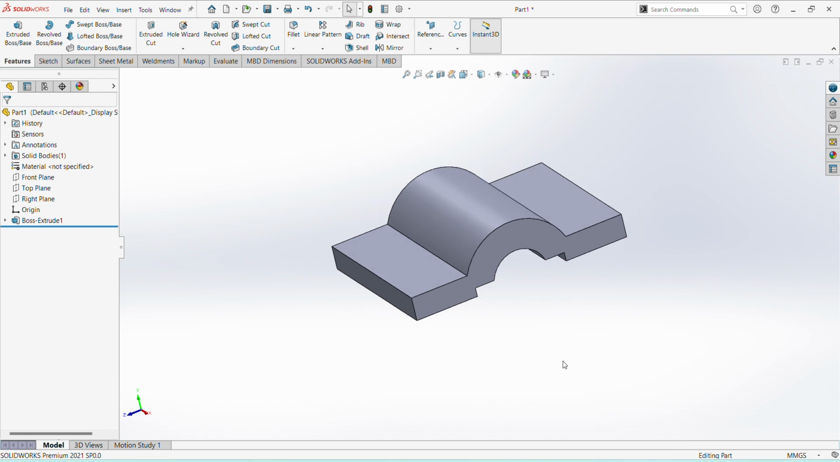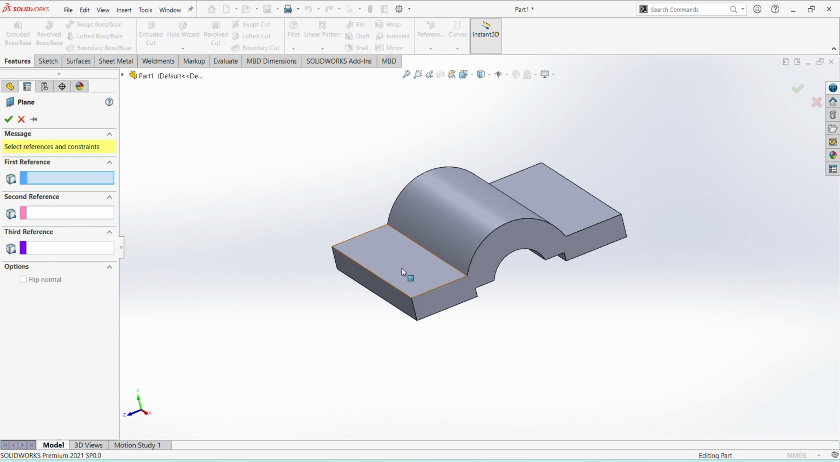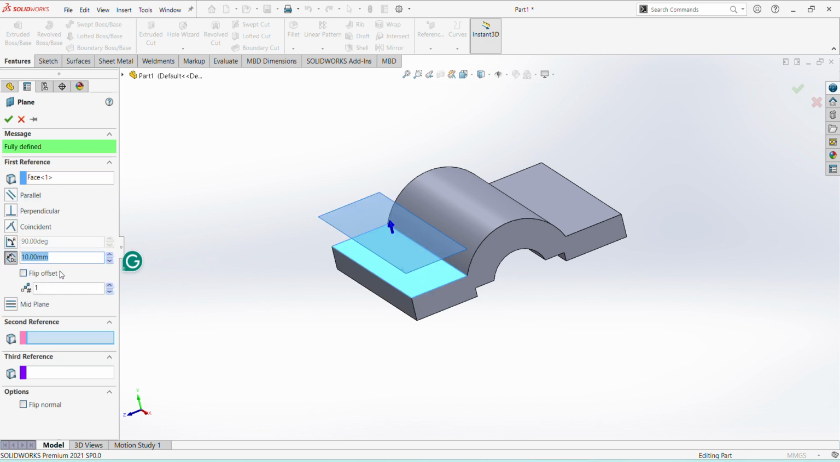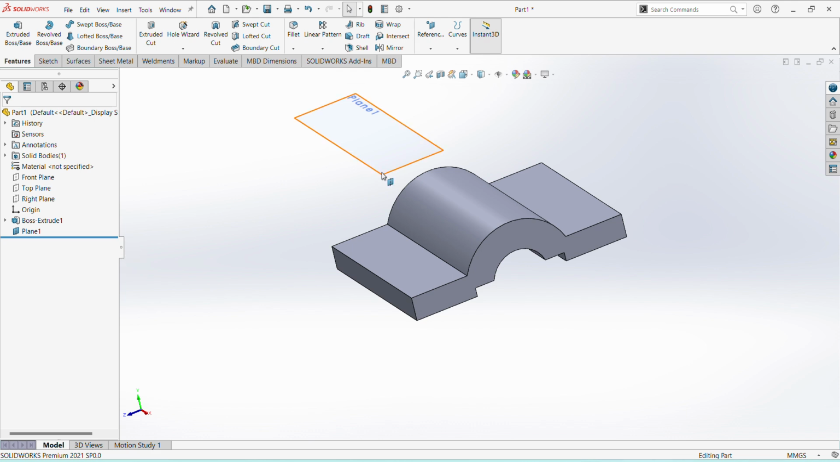Next we need one plane. For that select reference plane, select the surface, offset we required 45 mm. Okay. So next select this plane, sketch,